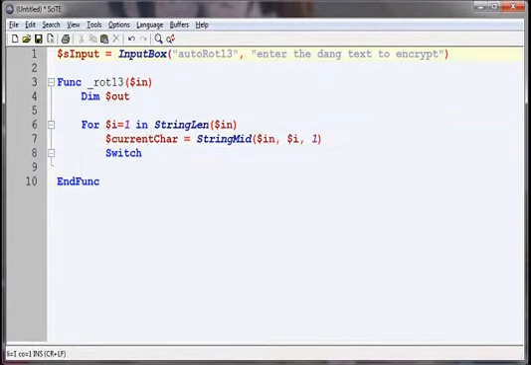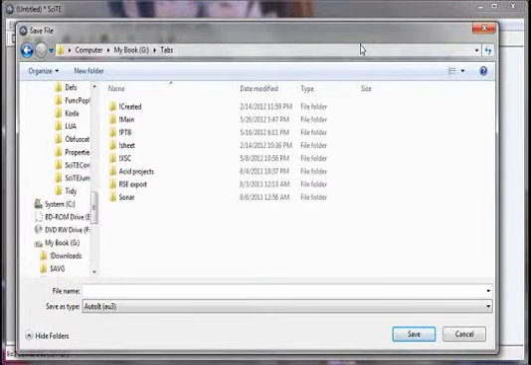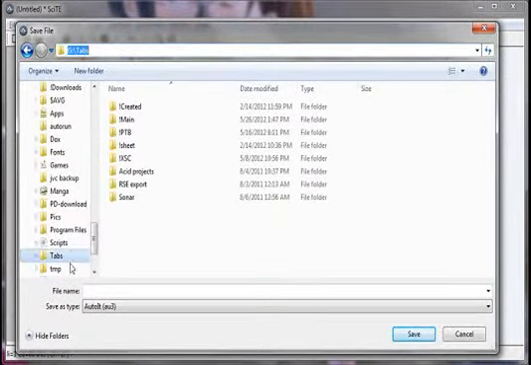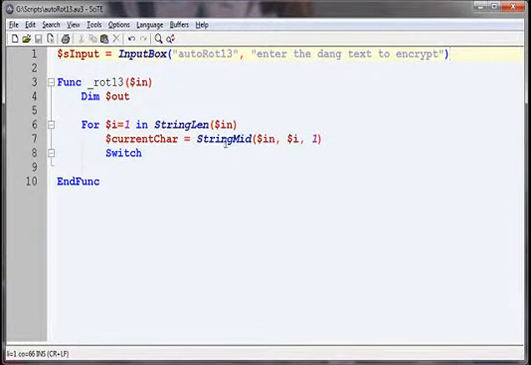Okay, I've already taken the input from the input box. Let me go ahead and save it real fast. Oops, wrong folder. Scripts. Rot13. Very, very creative with these script titles usually. So line 1, we have the input box, putting in the string the person enters, storing it in this variable here,